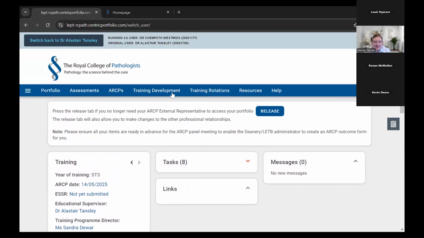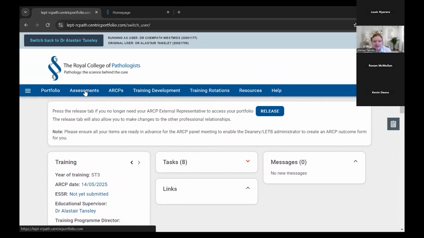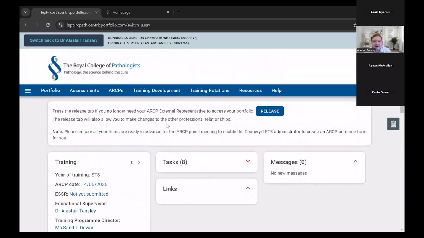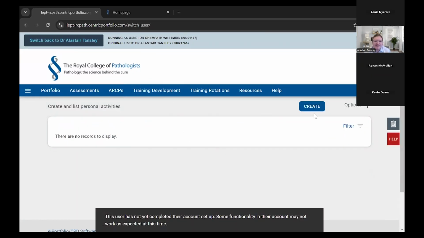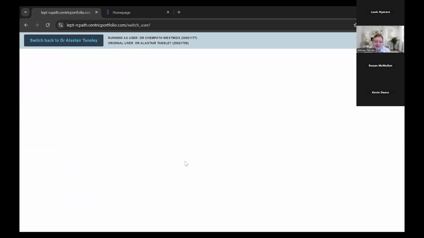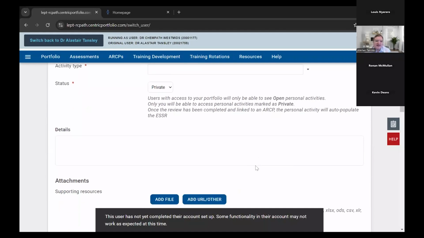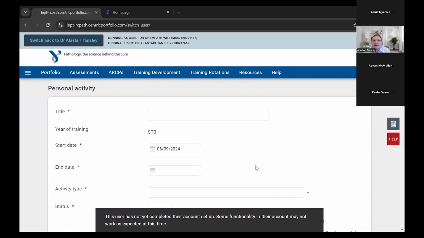In terms then of these other tabs, which I'll briefly go through, if the assessments are for these more formalized assessments that go here, you may have other things that you want to add as well. For example, under your training development, you can create and list personal activities. These can be a variety of different things, but it would be anything that you have undertaken, for example, an audit,